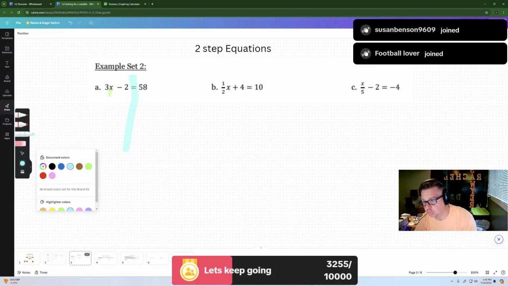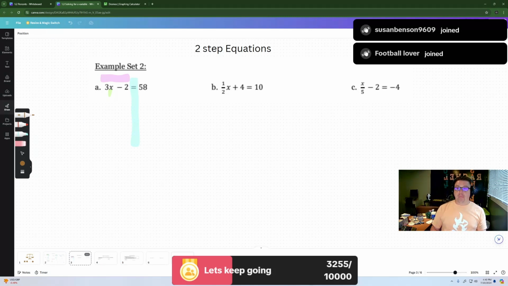Now, this is where we play the game of what numbers are on this side. I'm going to fix that just a little bit because it was badly drawn, and I want it to really go straight up and down. All right. So when I read this, how you read this is going to be different. But if you start to mathematically train your brain, I'm going to read 3x